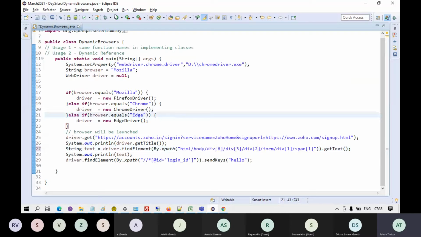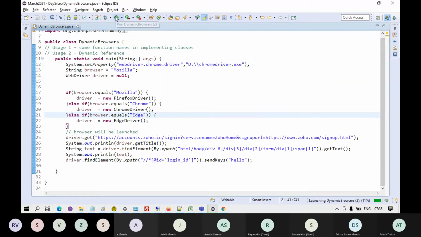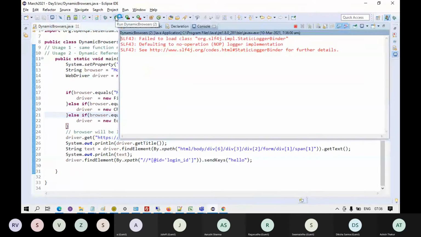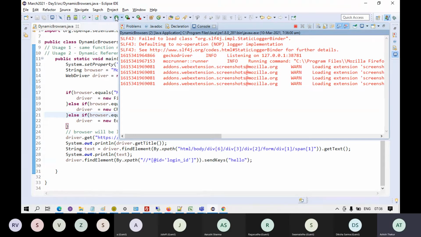Right. In this case, if you run the code, let it run. So there are no elements.